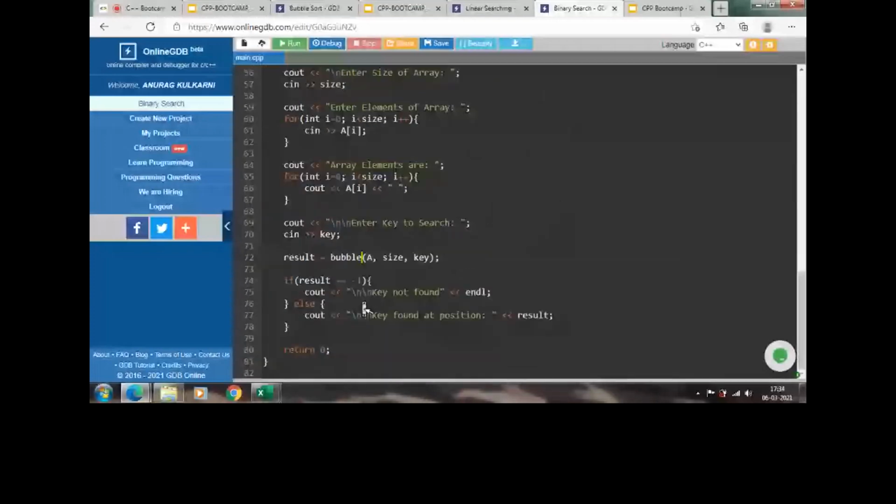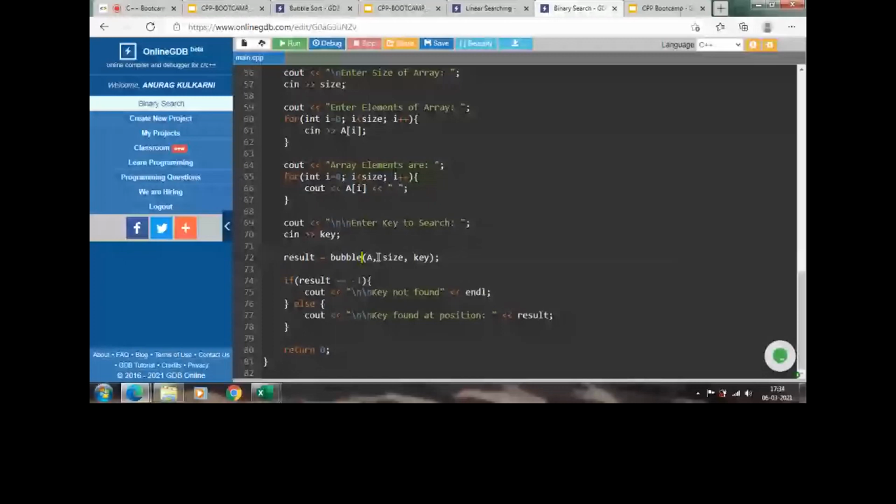Then first of all, we will jump to the bubble function. We will use the bubble sort technique here to sort the array if the array is not sorted. This is the first problem statement, that we have to sort the given array.